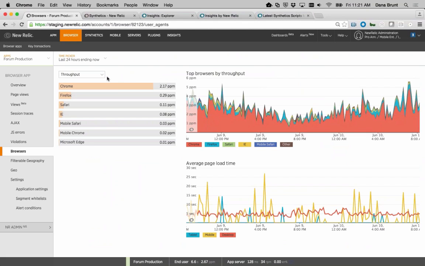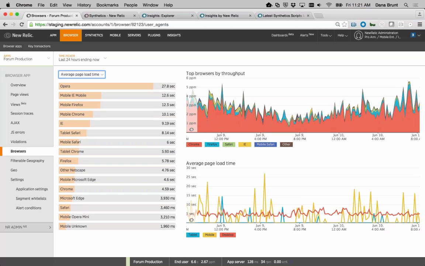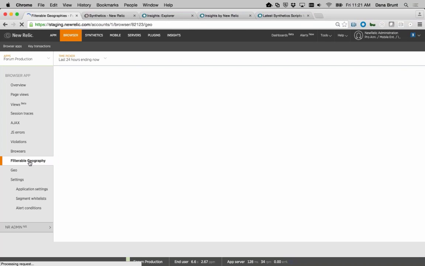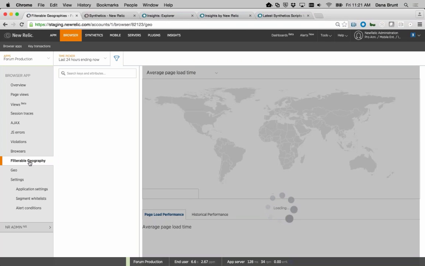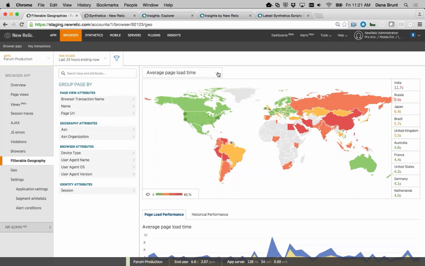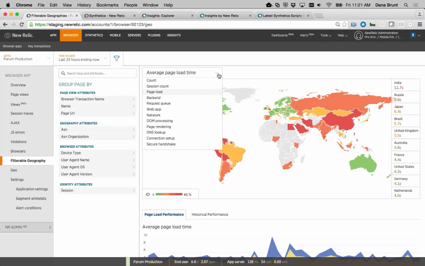So we can see here, based on our throughput, that most of our users are coming from Chrome, and we can see all of the browser types and versions that people are using. And we can also determine what browsers have the worst average page load time. We can also go into filterable geography and see what our performance looks like around the globe. And we can do this and basically slice and dice this global heat map based on a number of different data points and attributes. So if we want to see the average page load time